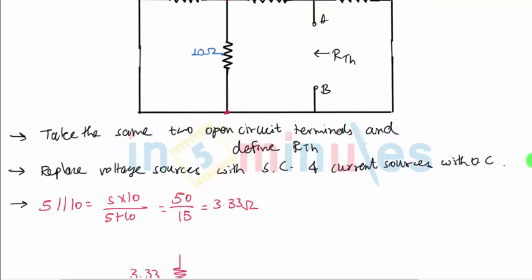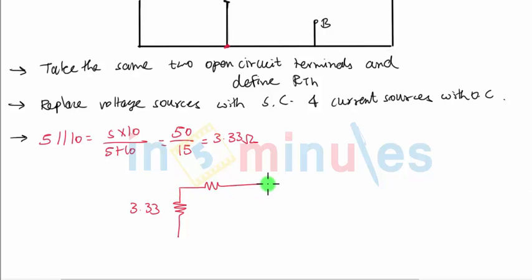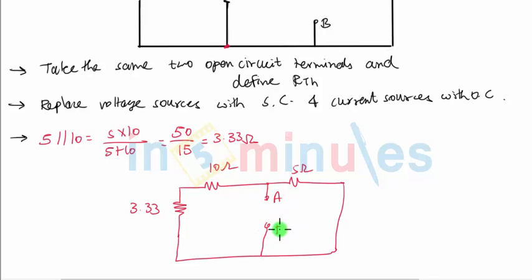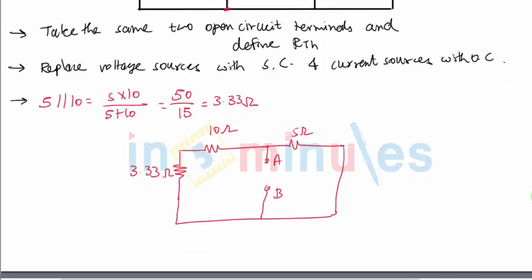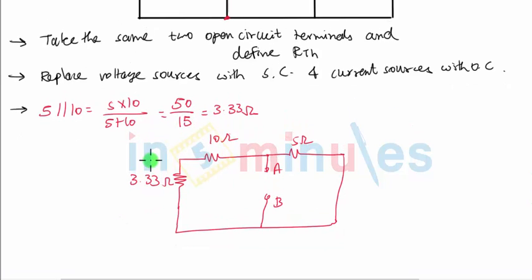Remaining 10 ohm and 5 ohm we will keep as they are. So starting from here we have a 10 ohm resistance, and here we have 5 ohm, and between these 2 points we have our original 2 terminals defined, A and B. So now let us keep on doing this. You can see that this time we obtained 10 and 3.33 in series. So when I combine these two resistors in series they are simply added, so it will be 10 plus 3.33, which is a total resistance of 13.33 ohms.